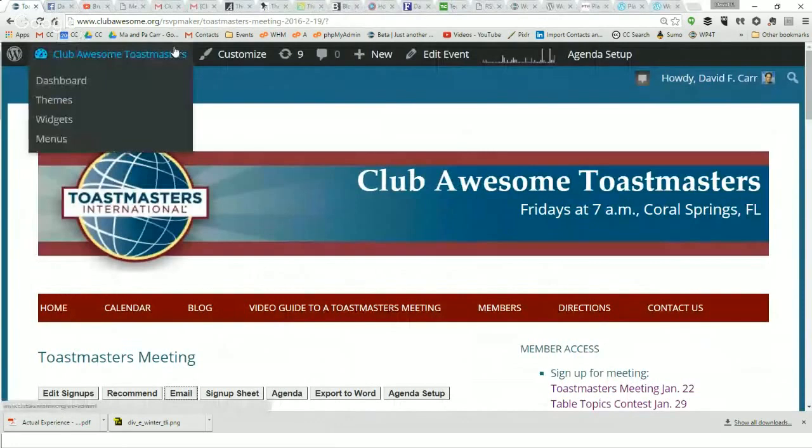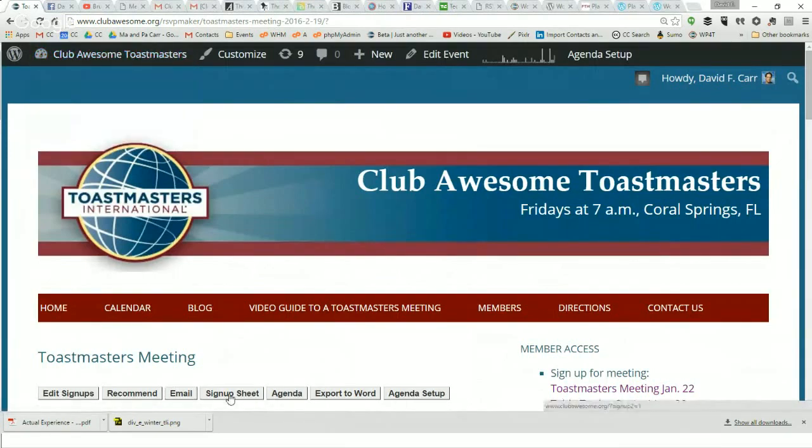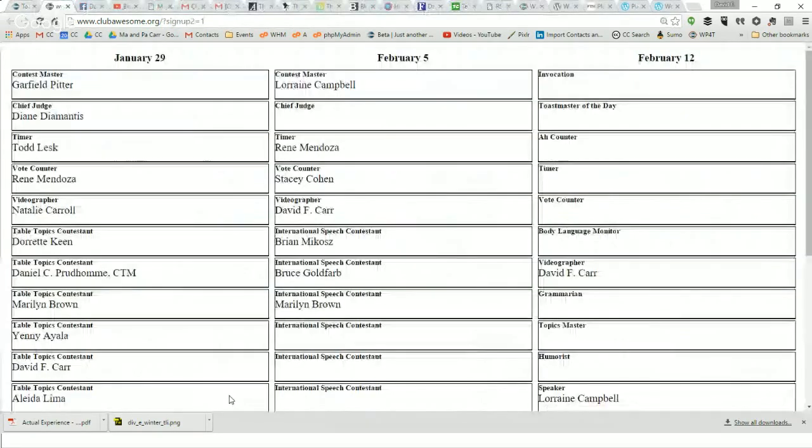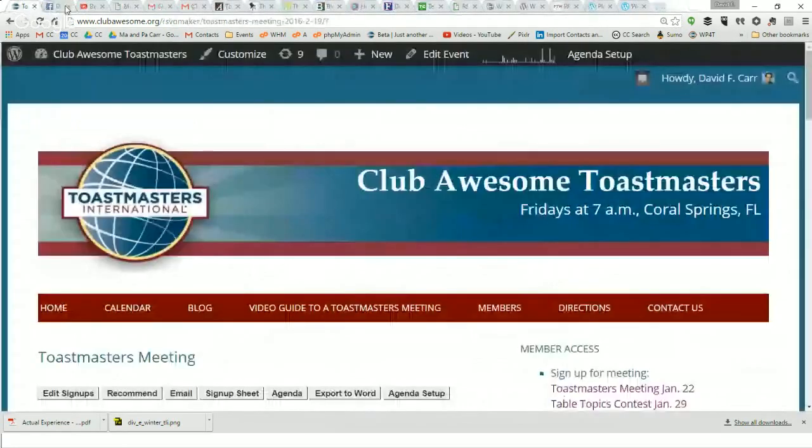So we do that typically right after Friday's meeting. Somebody will update the roster, so we'll pass around a sign-up sheet. We don't necessarily assume that everybody's going to come in and sign up for roles online. We can also do a printable sign-up sheet that we're going to take into the meeting. We'll get people's John Hancock on there, and then again, just like with the process of having called around and gotten people to fill the roles, the Toastmaster of the Day or the VP of Education can go in.